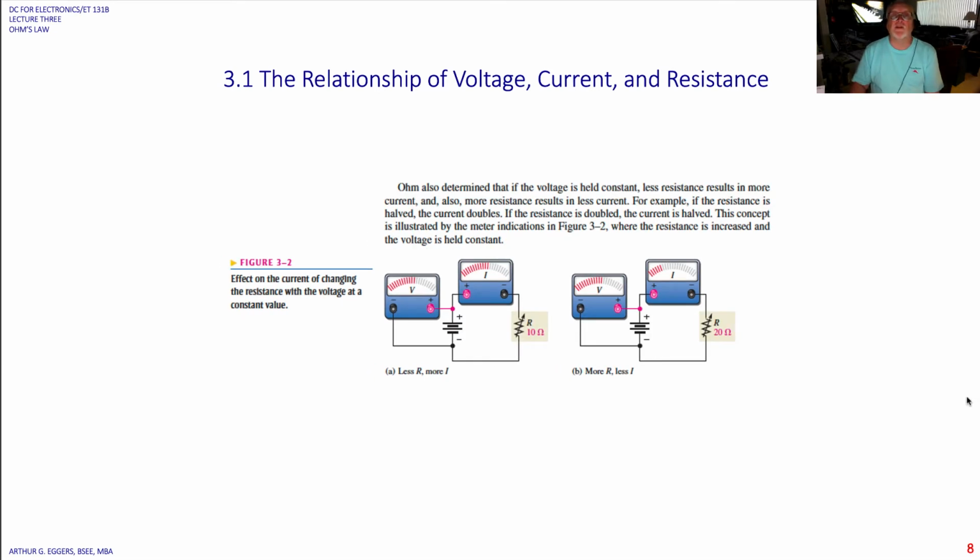Ohm also determined that if the voltage is held constant, less resistance results in more current. Also, more resistance results in less current. So again, for example, if the resistance is halved, the current doubles. If the resistance is doubled, the current is halved. This concept is illustrated again by the meter. So you can see we add a resistor in here, a 10 ohm resistor, a 20 ohm resistor, and you can see from the graphical representations of these meters what's going on here as we change the voltage and the